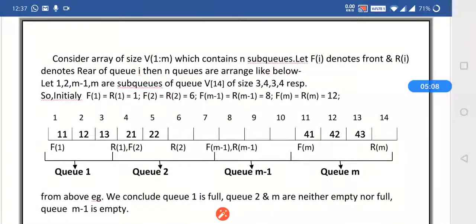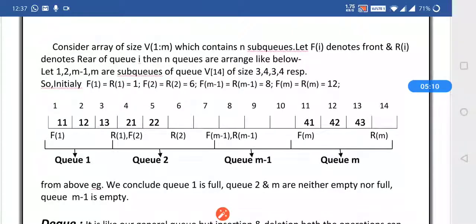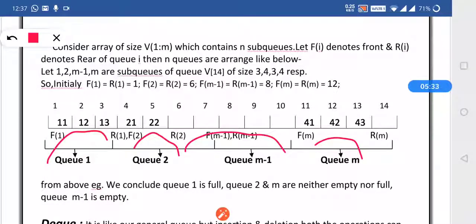And this is the multiple queue where we are having a number of queues, as I said, with each and every queue having its own front and rear. Now we can see here, as I already said, this is front and rear of Q1, this is front and rear of Q2, this is front and rear of Qm, but we can see Qm minus 1 is empty.